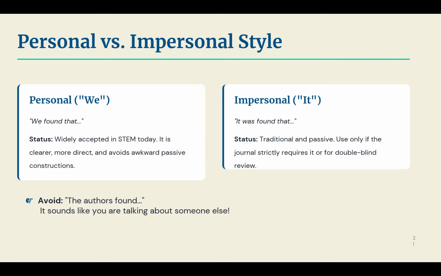And if you see that when you read through the journal's previous articles before you submit, and you find that these articles say we found that and so on, indicating the personal narration of the story, go for that. And if you find such a personal-narration-preferring journal, do not go into objectifying things like, the authors found, and so on, because